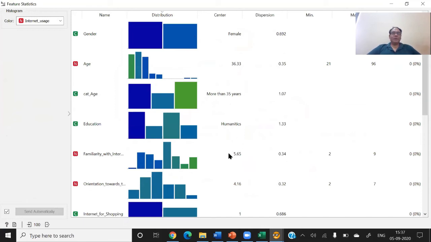The mean for the grouping variable is not useful. You know that. In age, the average age of the data is 36.33. The average familiarity with the internet is 5.65. The average orientation towards... So basically, this line is showing you the average,